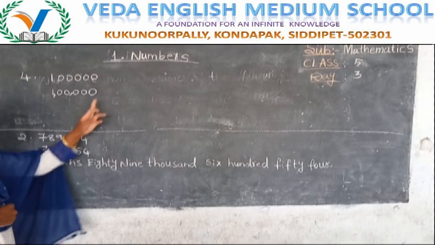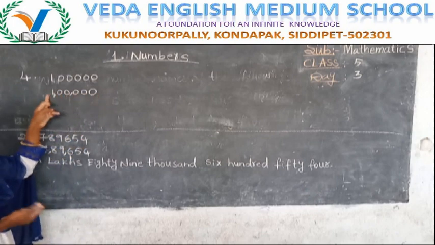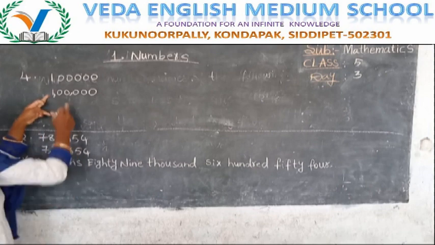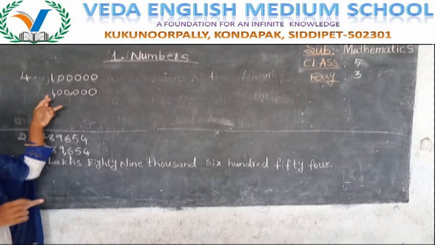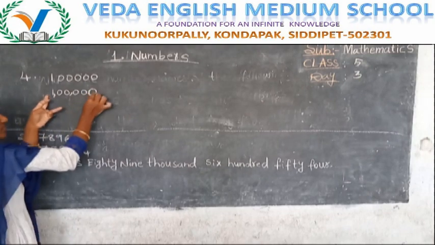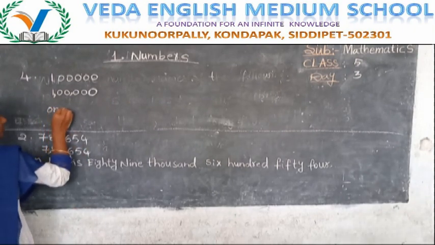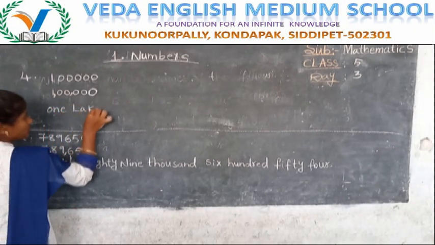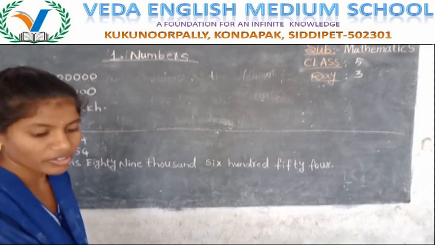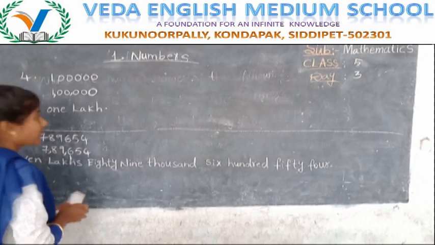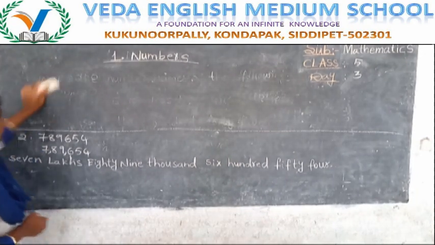Now count the place values. Ones, tens, hundreds, thousands, 10,000s, lakhs. Simply it is 1 lakh because in all the remaining places we have 0. We cannot say the 0 has a ones place or tens place. We have to read 0 as 0 only. So this number is only 1 lakh. Completed. Now the third one is your homework. Okay. Now we will go for the second bit. Write in expanded form.